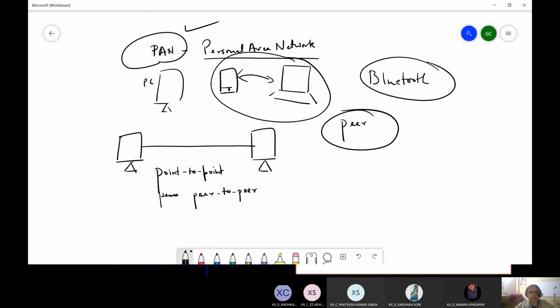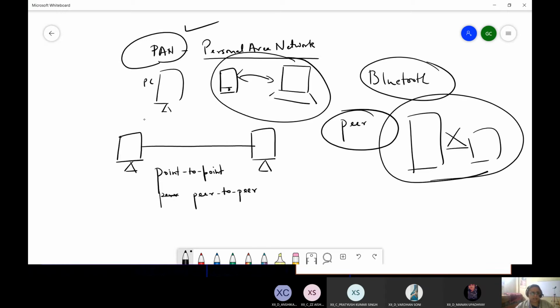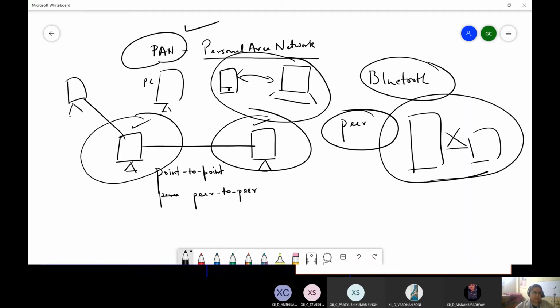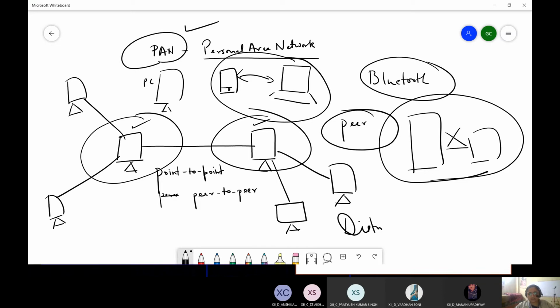It is not a master slave relationship like a server and a client. That is not the case. Client server is a different scenario and peer to peer is a different scenario where each computer is at the same level of configuration and status and they are connected to each other. So this way computers have a dedicated connection between them. So this is an example and mostly this results into a distributed network where there is not one fixed computer which will act as a server.